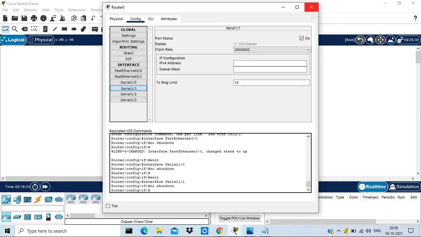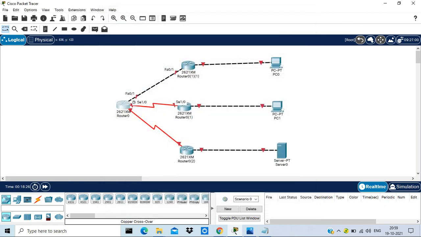Similarly we need to enable all the interfaces of the other routers also.